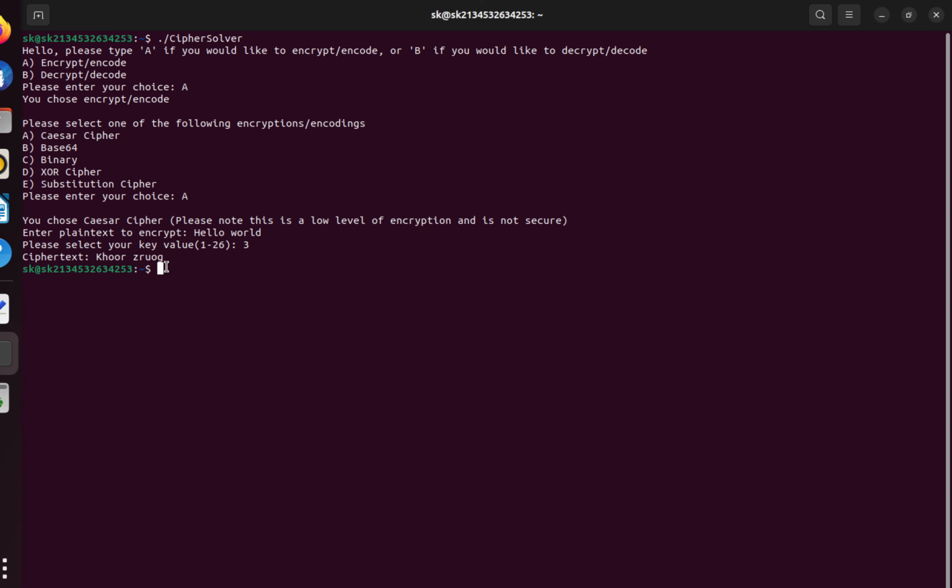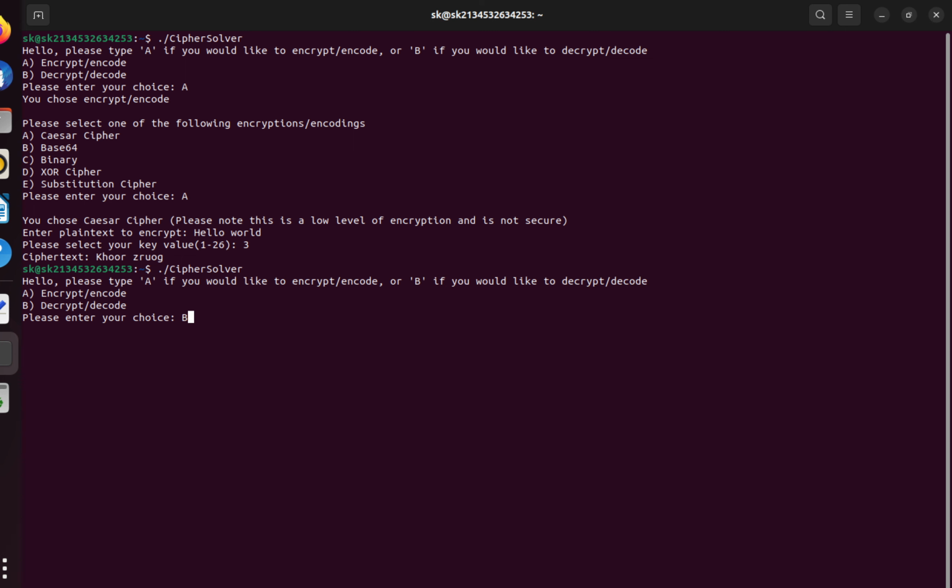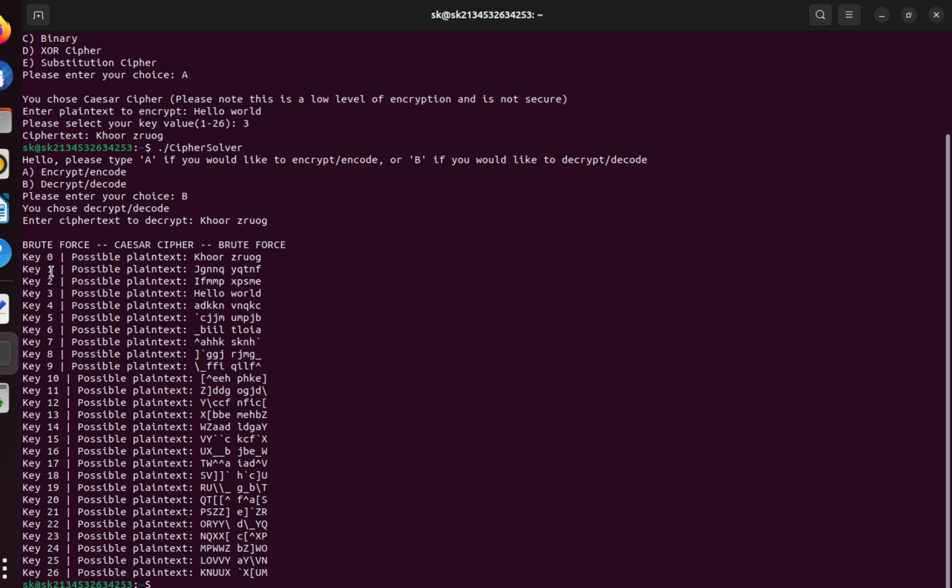We can also decrypt it using this program. So let's do that. Again, we'll do the same one. Now B for decrypt. Let's enter the ciphertext we just got. This is how the program is going to do it: it's going to brute force it. Because there's only 26 different options, we're going to display all 26 of these, and then we can just see whichever one of them is human readable. It's going to give us the 26 different options, and here we can see hello world with a key